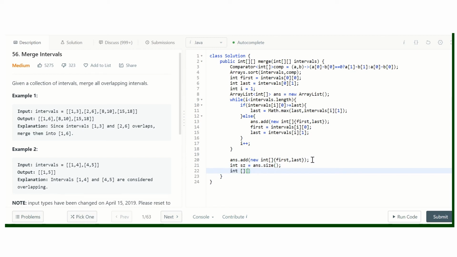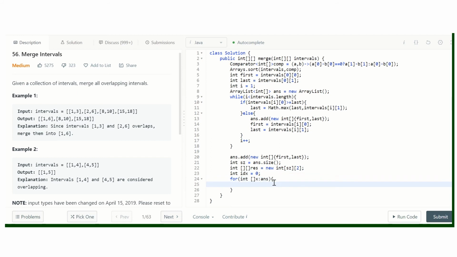Create an integer array res equal to new int[size][2], and let's keep a variable idx that is currently 0. So res[idx][0] equal to x0, res[idx++][1] equal to x1, and in the end we need to return this res.